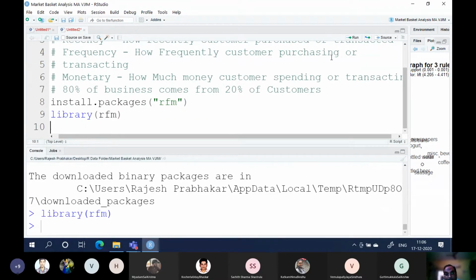Sir, can we also calculate the customer lifetime value? Yes, we can also calculate the customer lifetime value, but that is not considered in RFM analysis.